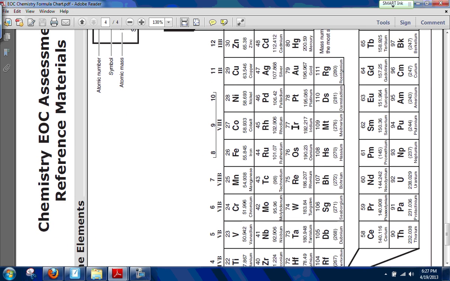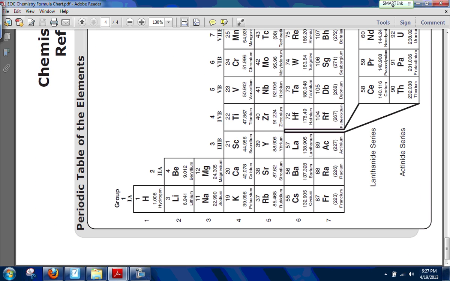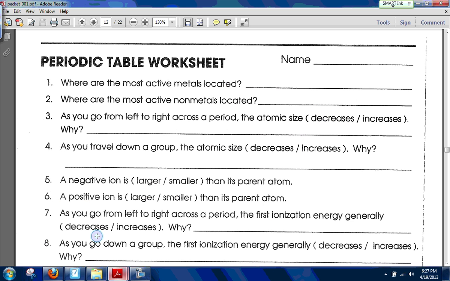Let's see where lithium is. Well, lithium seems to be all the way over here in group 1. So does potassium, the top 2. So I'm going to guess that the most active metals are in group 1. And that makes sense. They're all the way over there, right next to group 18 going backwards. If you remove 1 electron, you look like group 18, so they really want to react. So where are the most active metals located? That would be